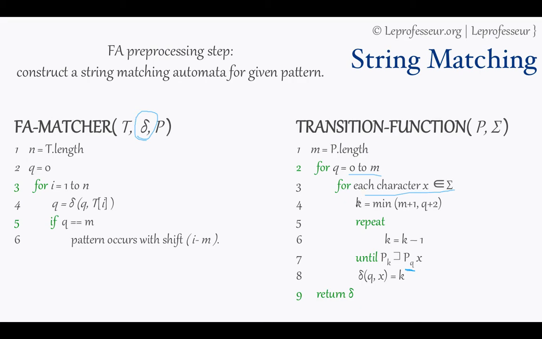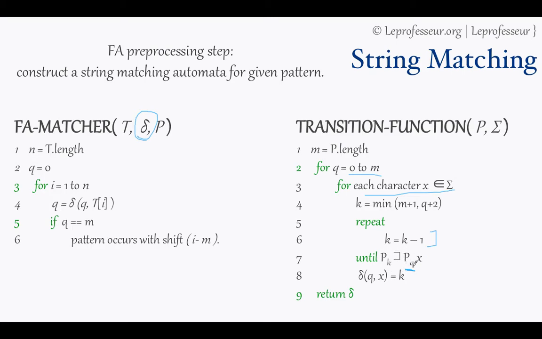And then you define a variable k, which is the minimum of m plus 1 and q plus 2, and you repeat this step 6 until you find a suffix pk